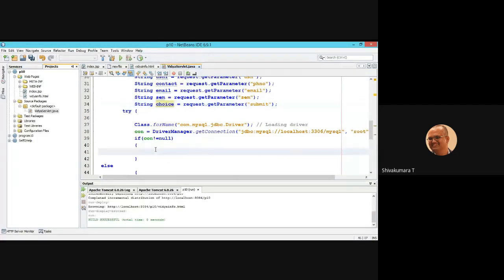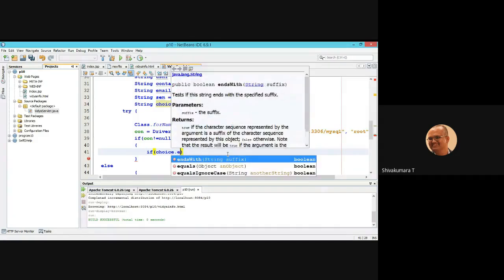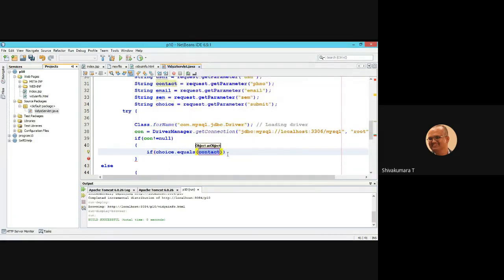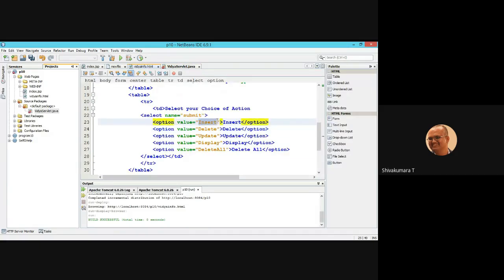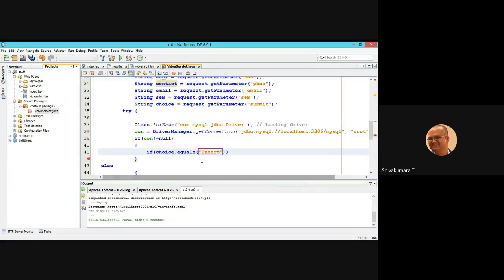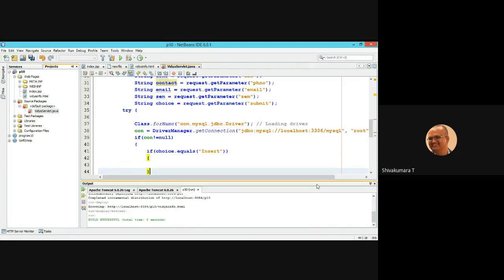Okay. Now if the connection is a success, check your condition. If choice dot equals insert, the insertion statement you need to write.